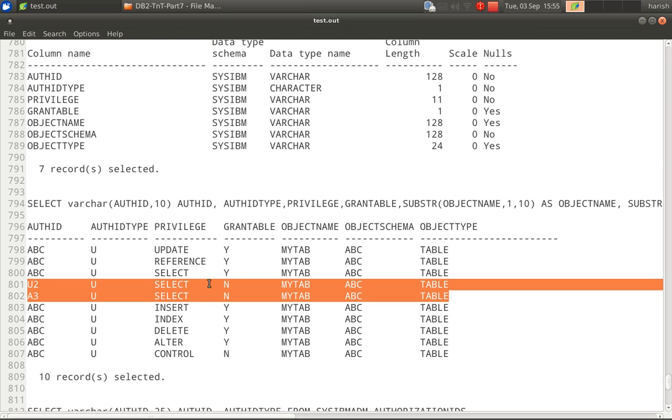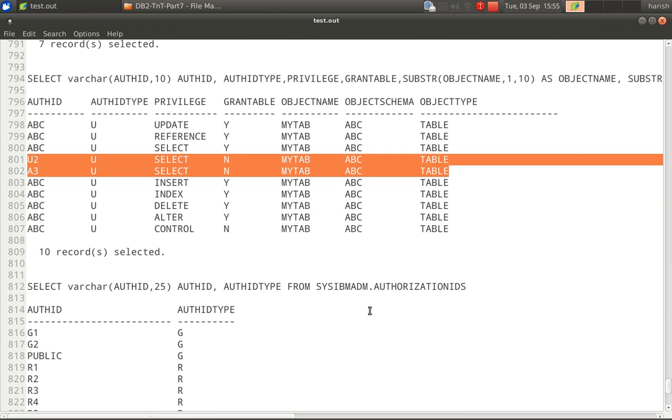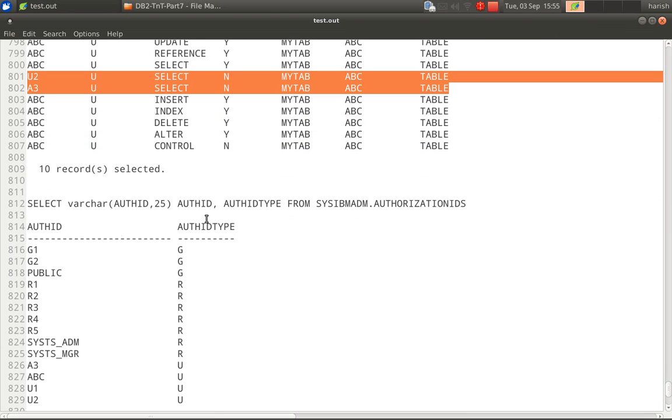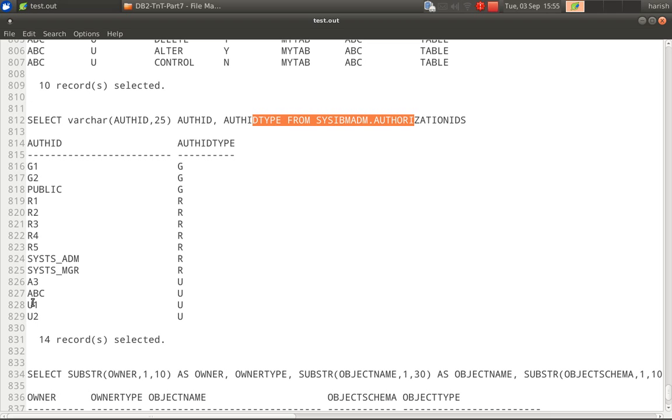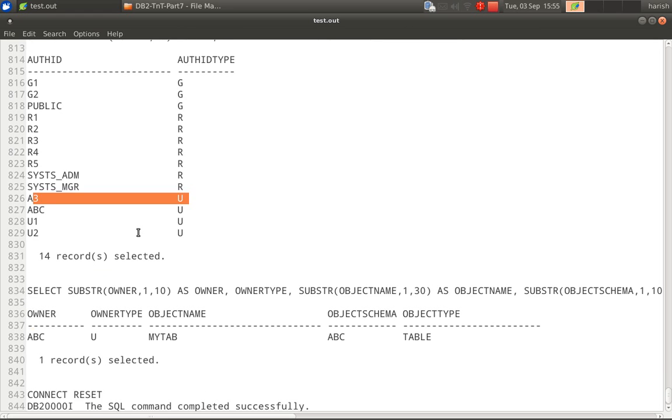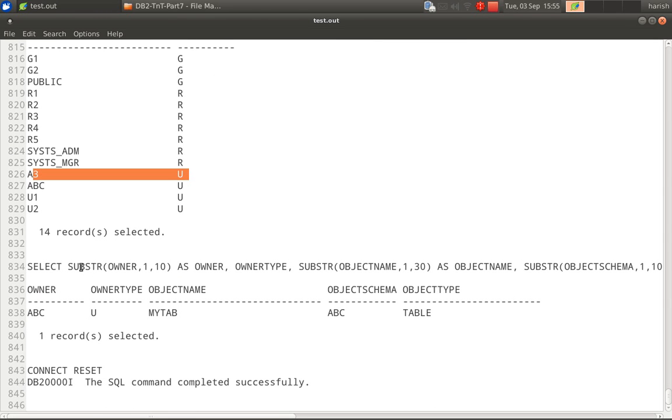so this is the privileges table, and you can see in the authorization IDs it is now displaying A3 as well, because he is granted some privilege, right? So it is showing that as well. Okay, and the next thing is ownership. So